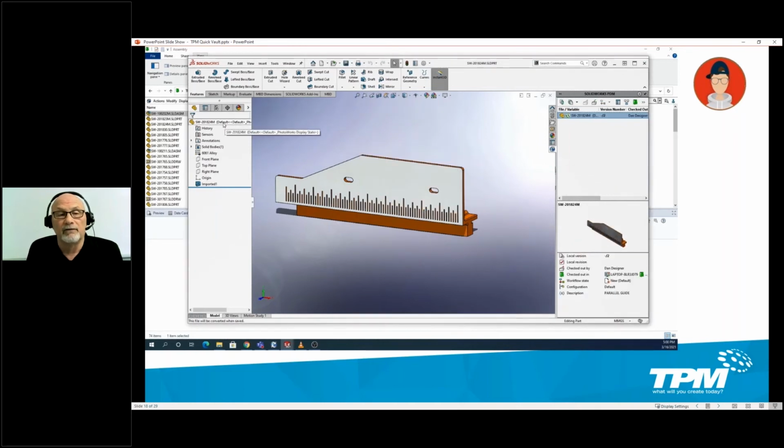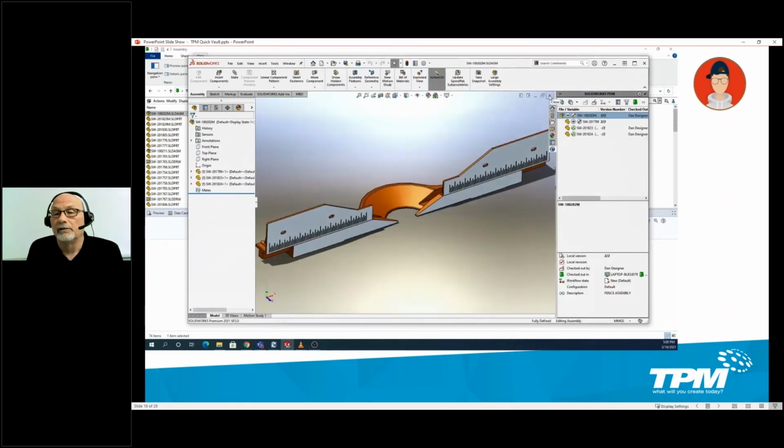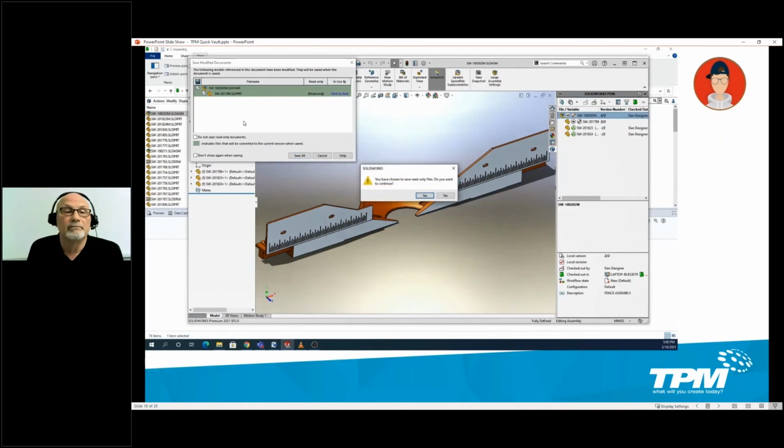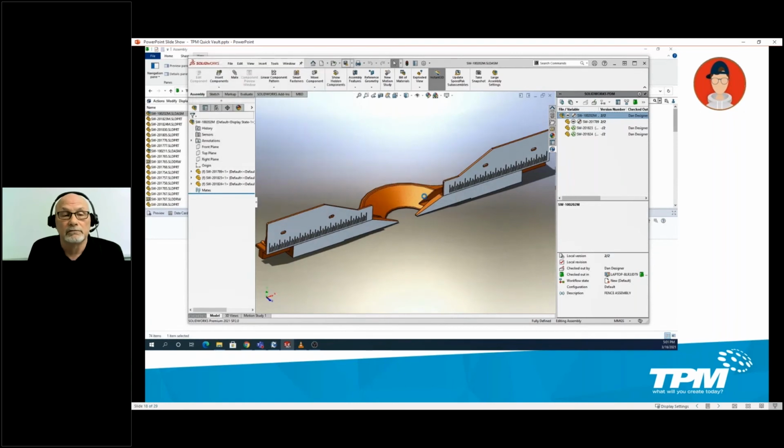So once he saves the file and closes it, now you see the integration. You see both of the parts have been updated, and now he's going to save the assembly. The fence holder is read only, so the system's not going to let him check that in, but of course it doesn't need to check it in because he didn't modify it. So now we have all of our files up to date,